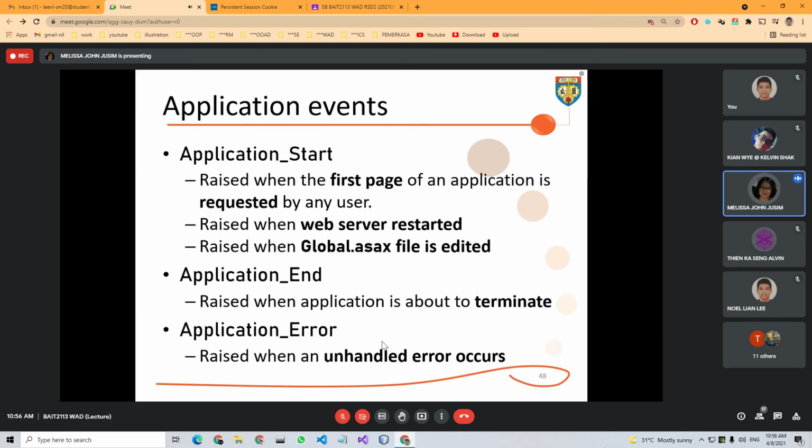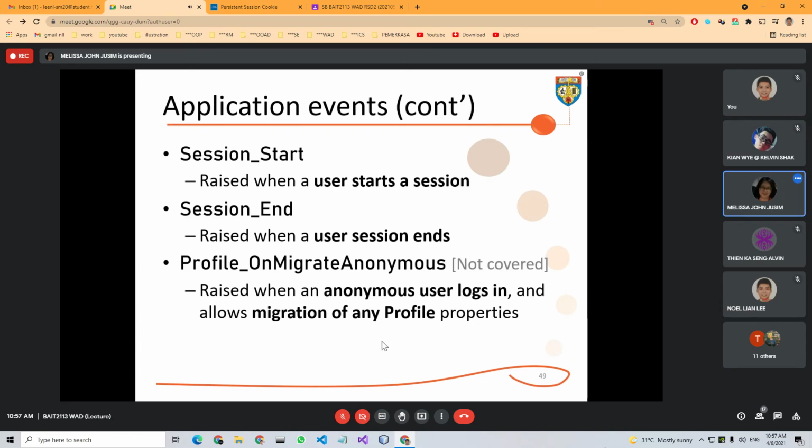So we have these various application events. Application start means when the first page is requested. This is when the web server is restarted or when the global.asax file is edited. The application end event is when the application is about to terminate. And if you want to handle an unhandled error that has occurred, then this is the application error event.